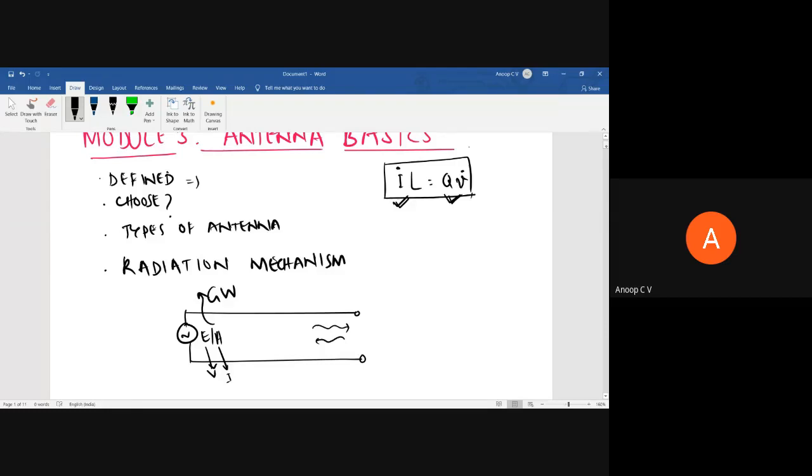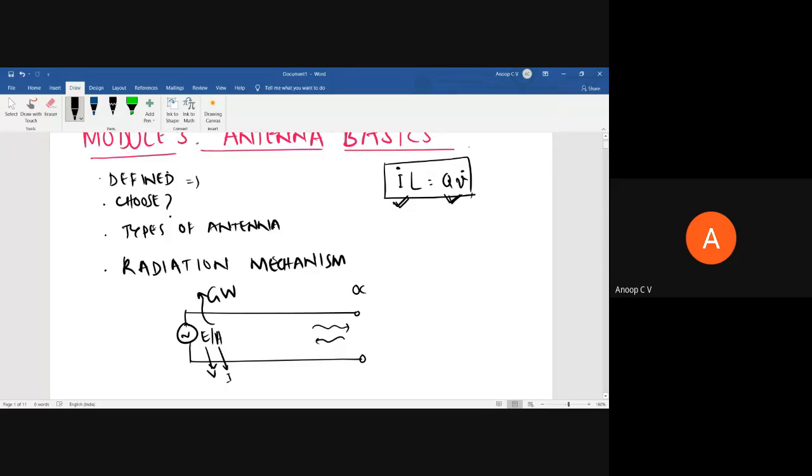This electromagnetic field is confined within the structure. If it is a two-wire transmission line, it's confined within the structure. It is not propagating freely because it's restricted by these metallic boundaries. So this is a guided wave. And what happens if it is an open circuit? Ideally the entire incident power should have been reflected back. But I told you there is an inertial nature of the wave. For the voltage and current to reflect back, once the wave reaches here, it should change its direction, and for that the voltage and current wave will take some finite time.